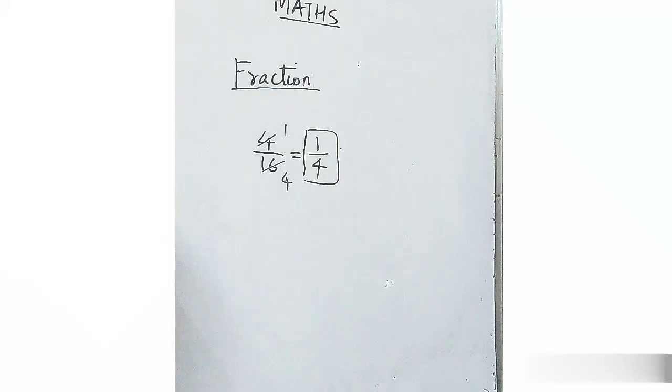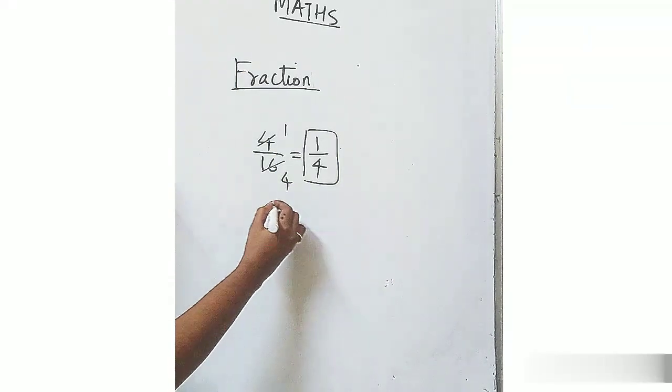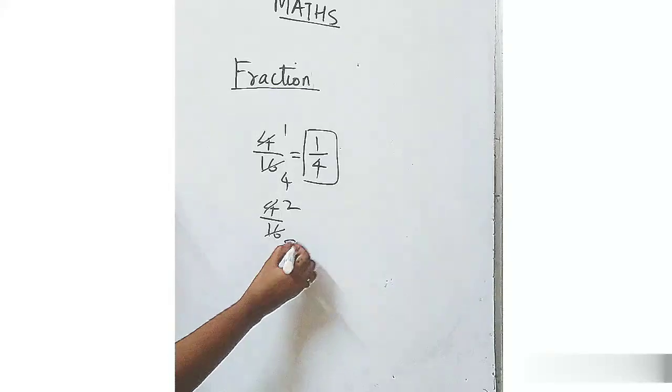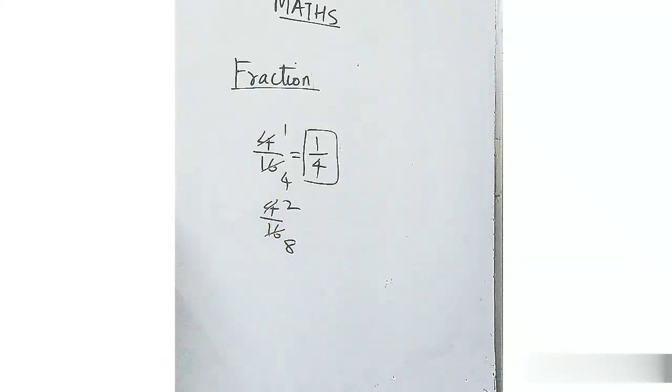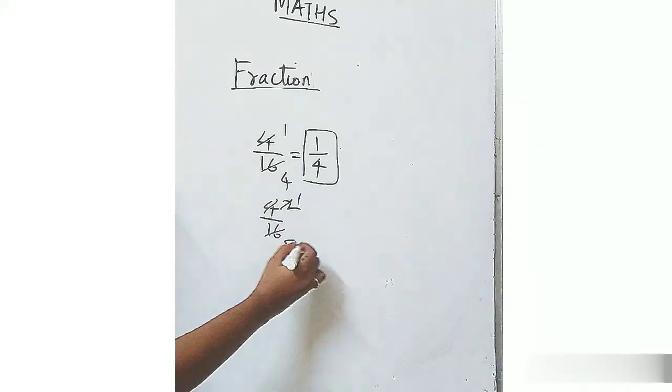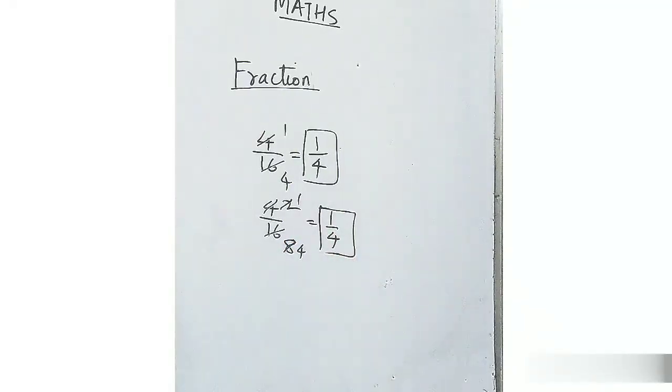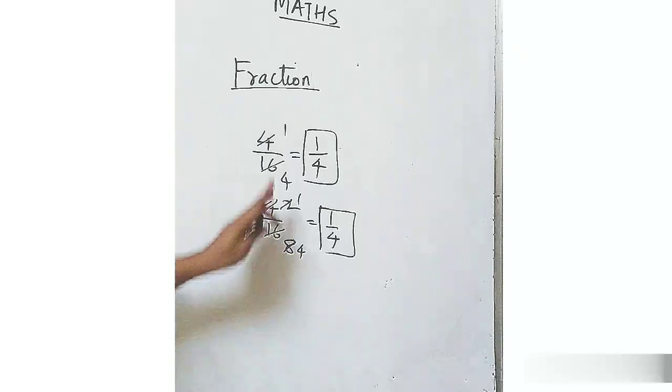Now if you are not able to get your table, what you do, 4 upon 16. Now think of a table in which 4 and 16 come. The 2 table, I take a simple one. So 2 2s are 4, then 2 8s are 16. Now you will be thinking 2 and 8 also come in the 2 table. You can further cancel it, students. You can further make it simple. 2 1s are 2, 2 4s are 8. At the end, you will be getting the same answer only. When you simplify a number, you will be getting the same answer.